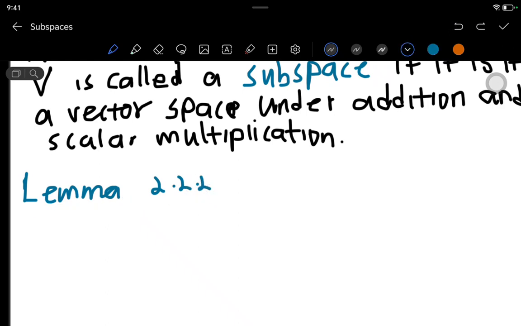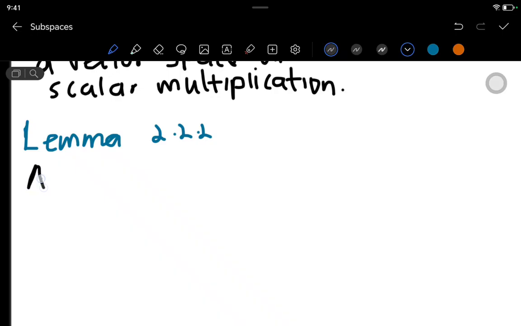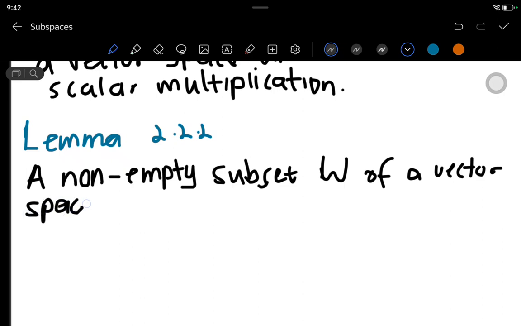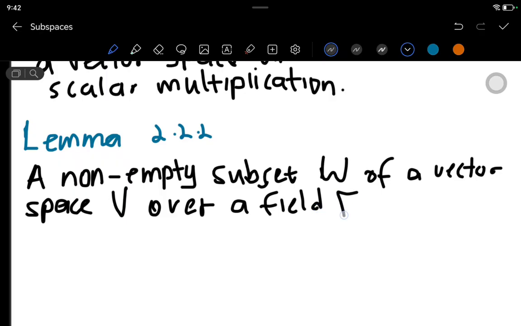The lemma says that a non-empty subset, W, of a vector space V over a field F, because we're going to need a scalar, is a subspace of V